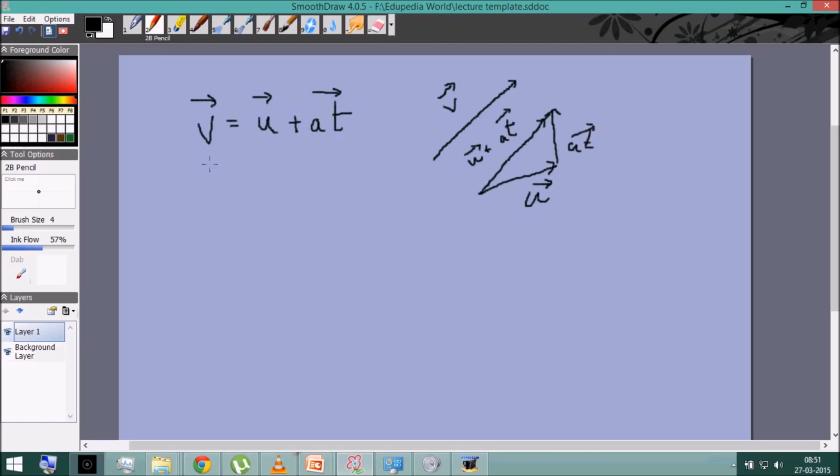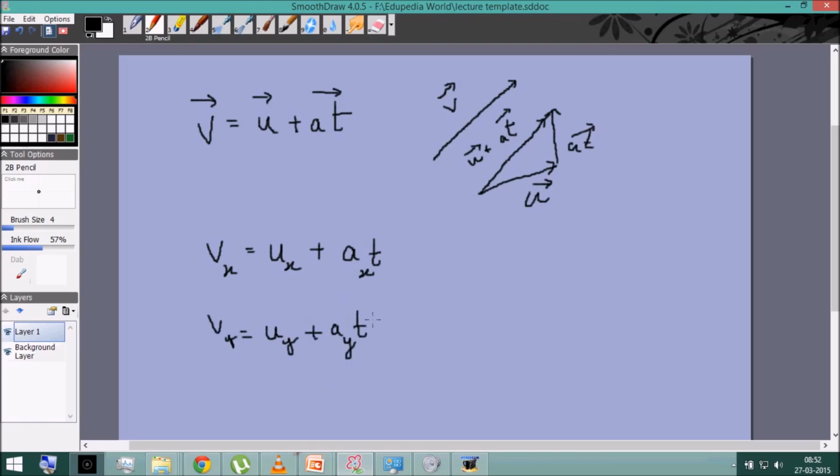The first equation we saw was v equals u+at. But this is actually a vector equation, so I need to put arrows in front of all of these. v is a vector, u is a vector, and at is a vector. at is the product of a vector and a scalar. It is the product of the acceleration and the time, and the product of a scalar and a vector is a vector. What this equation says is that there must be a vector u and another vector at, which would be a multiplied by t,